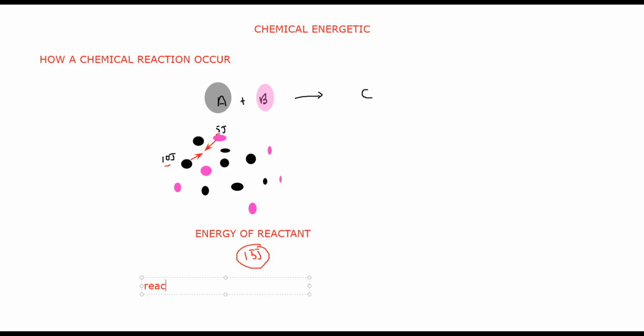So first, the reactant particles absorb energy from the surroundings. As the reactant particles absorb energy from the surroundings, the total energy of the particles will increase. Energy is taken in. So when they absorb energy, the total energy of the particles will increase, and at a certain energy, the reaction starts. The energy at which the reaction starts